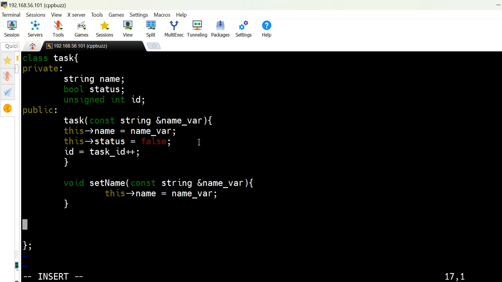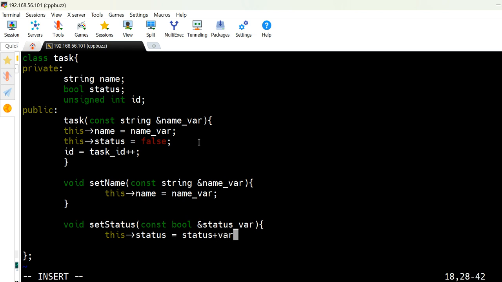This is one setter for set name, and similarly if you want to modify the status of the task, like task is completed, not completed, since we are using boolean only, we can have one set method for that. Set status we'll call it, and we'll say boolean. Here also we can make it as reference variable,